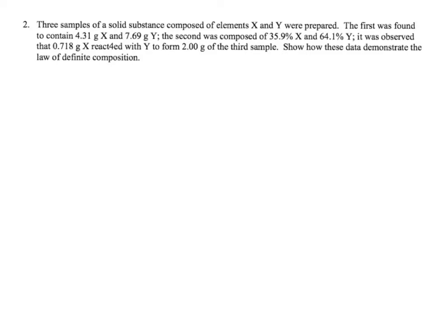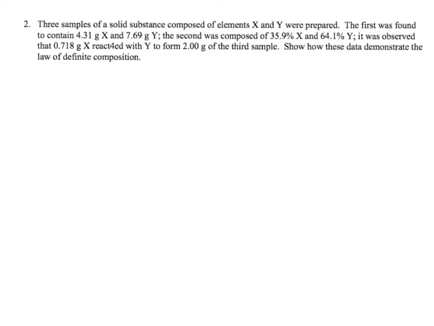The first substance gives us grams of X and grams of Y. So what we want to do is put that into a ratio. So we're going to say 4.31 grams of X to 7.69 grams of Y. Alright, for the second one, they give us